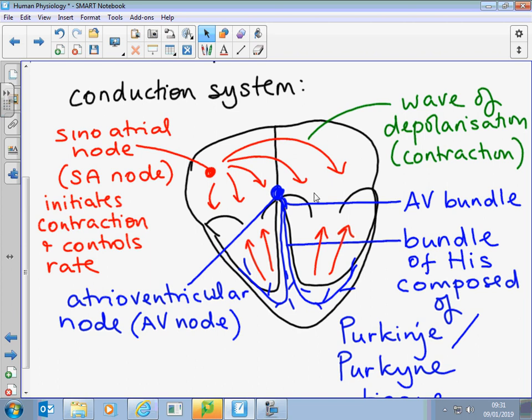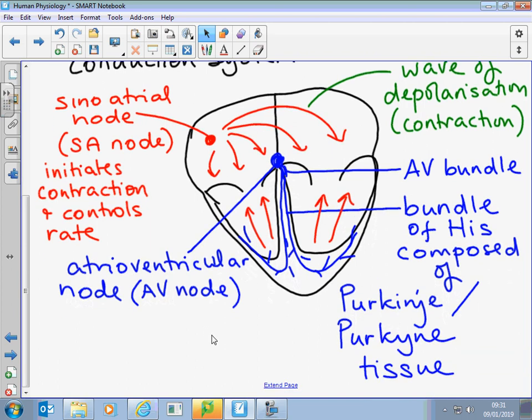The whole conduction system is potentially a source of disruption to the heartbeat. You can have things go wrong with that conduction system, so people can have problems with their heartbeat that might require things like a pacemaker. So if the depolarization isn't being conducted properly, let's say from the atria to the ventricles, you can put a pacemaker in that will wire in to the, I think, the AV node and just send an impulse that will keep the ventricles contracting at a regular pace.